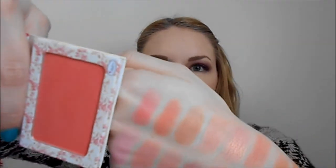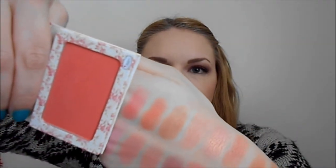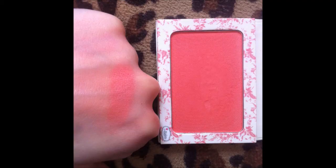So my next blush is one of the Instain blushes. I only own 2 of these. This is the color Toile. I have a whole review that I'll link up here for you guys. This is a matte strawberry color. Crazy pigmented. You gotta be really careful when applying this one. And it is this first swatch here. Love this, really pretty. And you can see a lot of my colors are in the same color family, but